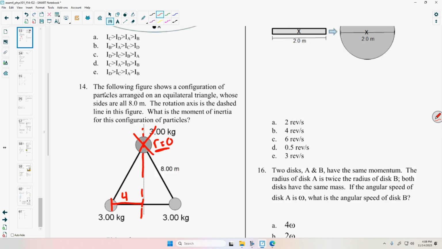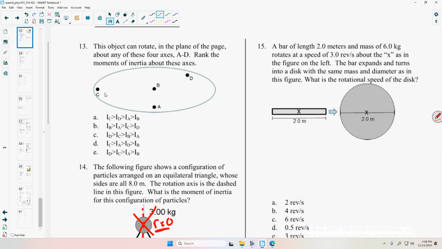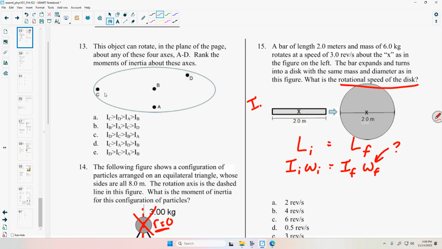15. Okay. So here I have a bar that has a certain moment of inertia that's expanding into a disk. This is a conservation of momentum question. So L initial is equal to L final: I initial omega initial is equal to I final omega final. I'm looking for the rotational speed of the disk, so I'm looking for omega f. Let's go about determining all those quantities. I initial,